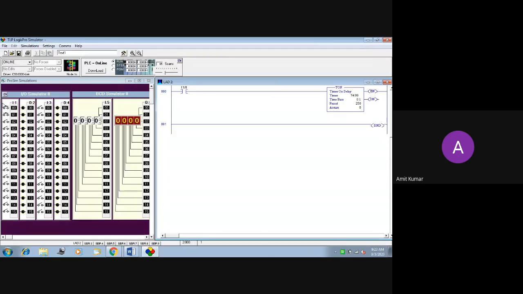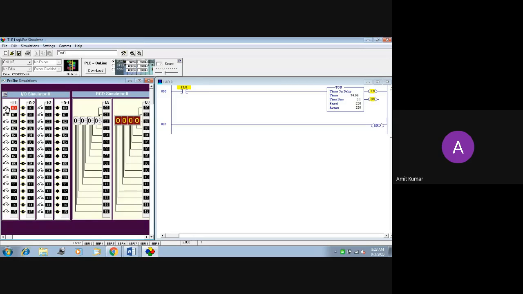So whenever you press this switch, the zero number switch, this rung will go high. This line will go high. So if this line is 1, then enable is 1. You can see the enable will become high. Until this button is pressed, it will remain high. If you don't release it, it will be high. So this indicates that the timer rung is high right now. Even after the completion of the timer, it will be high.